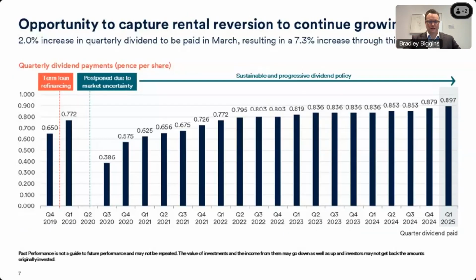So that's the NAV for Q4. And the final point is we did increase our dividend. The dividend to be paid in March is 2% higher than the previous quarter. And what that means is, through the current financial year, the last 4 dividends have increased by 7.3%